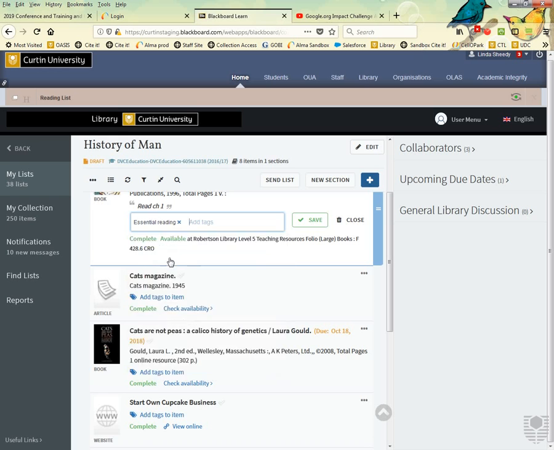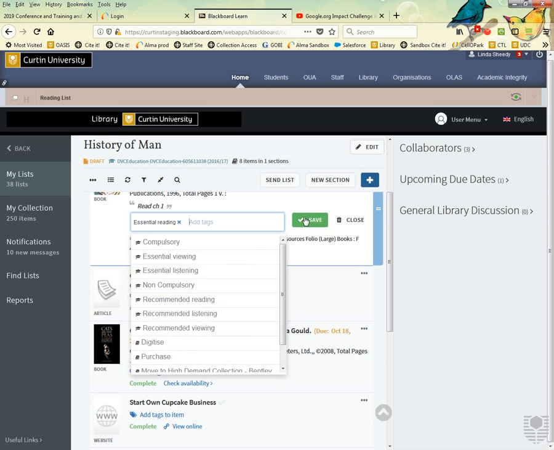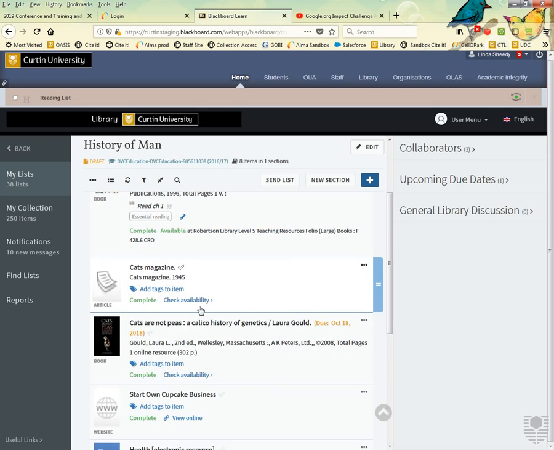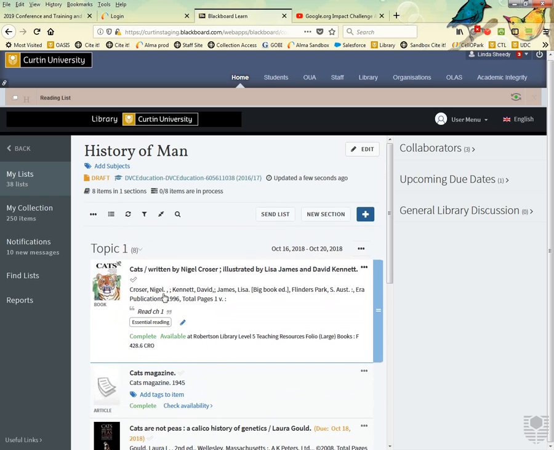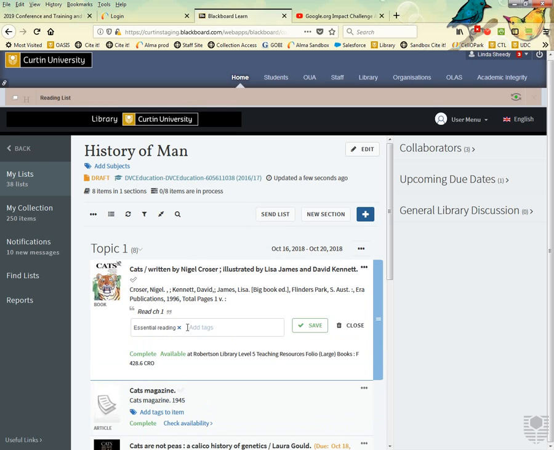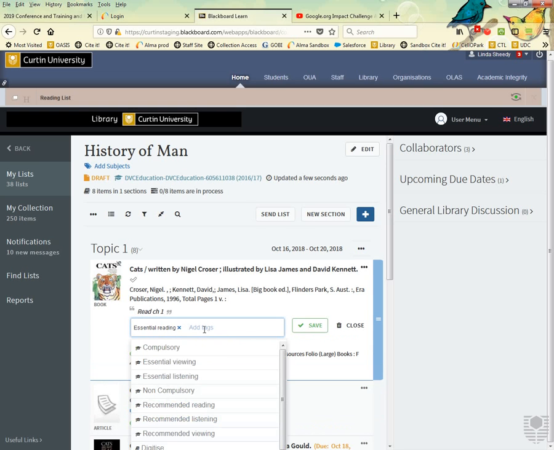And this is just a really nice fast way to give students some feedback about how essential the reading is to the topic or the week, without you writing lots of stuff. You can just use the tag. The other tags relate to instructors